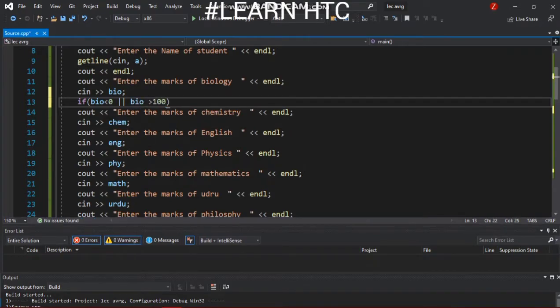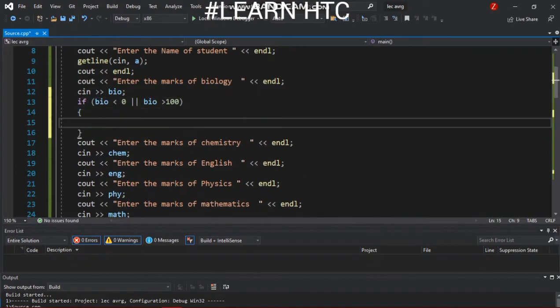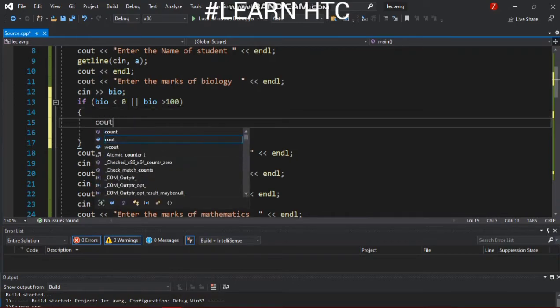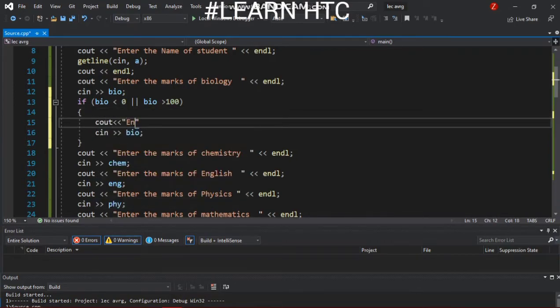If either of these conditions is true, it will ask for the bio marks again. You can show a message here, like enter valid marks, or something else you want.